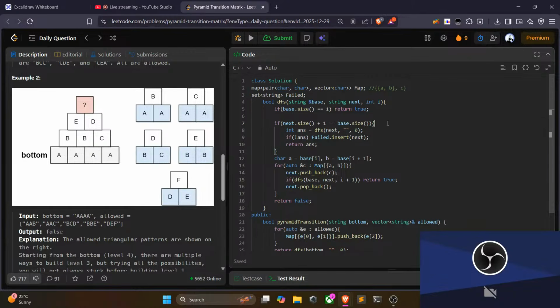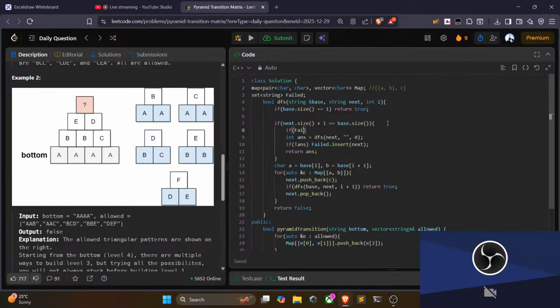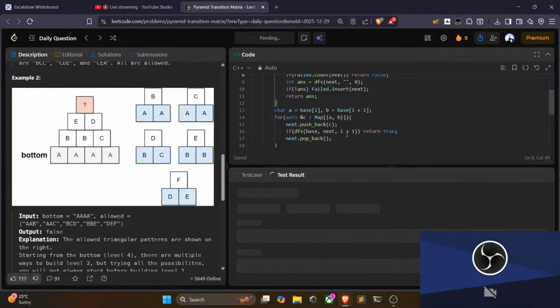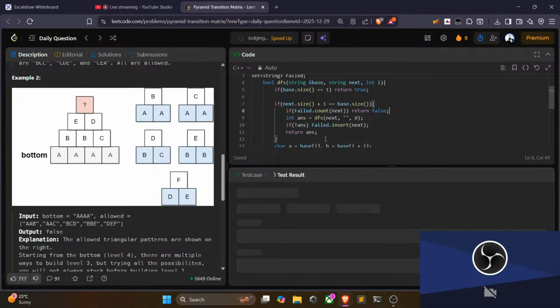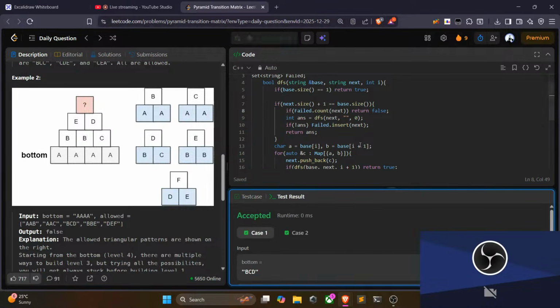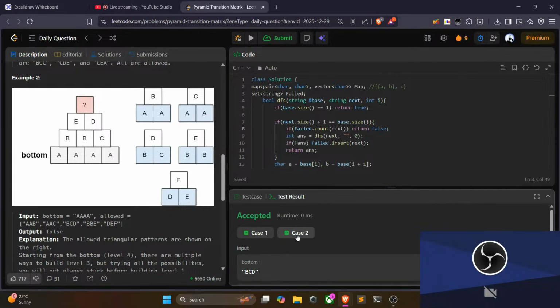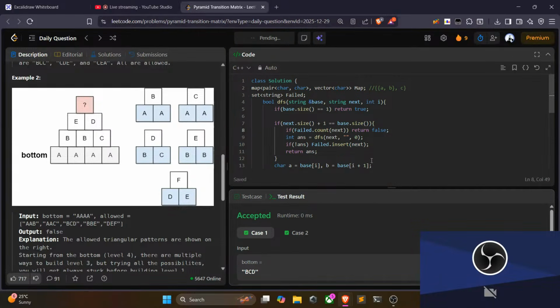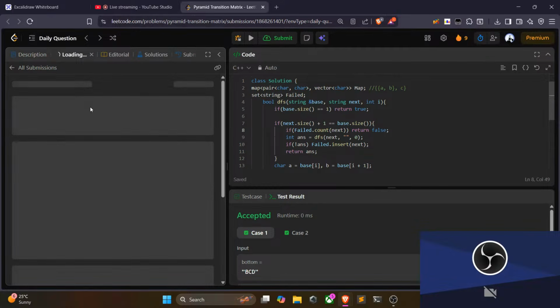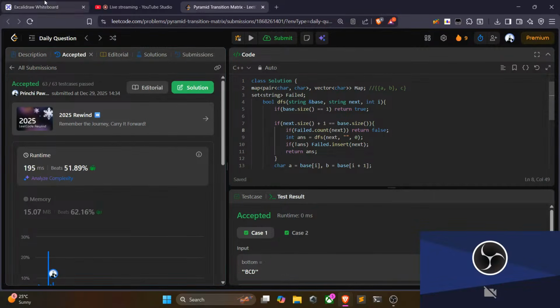And the base condition is basically if this particular failed set has an occurrence of this next, that means we should not explore further, it's already a false state. Let's run it. Yeah, it's basically passing. Let's try submitting this. Yeah, it passed. So basically